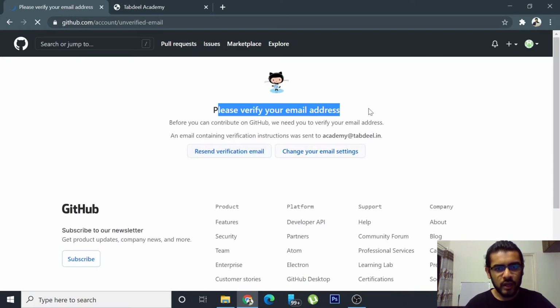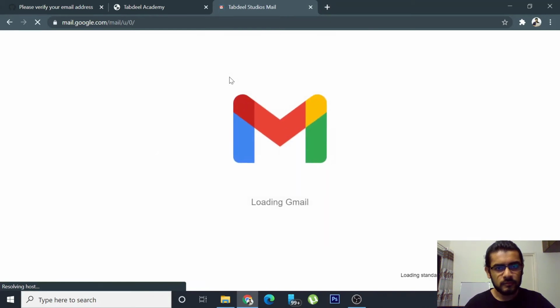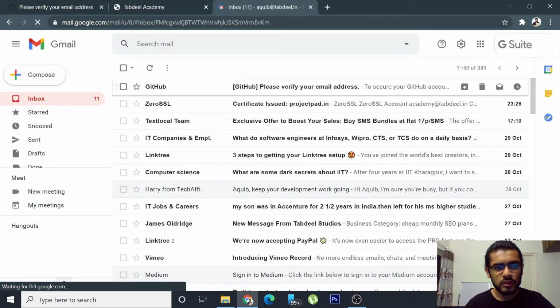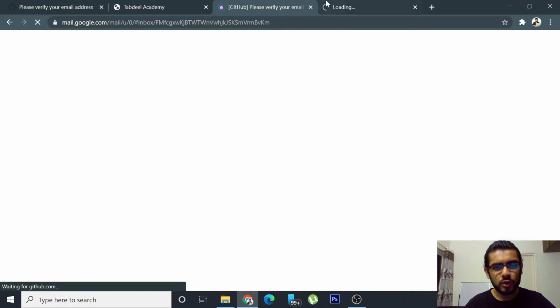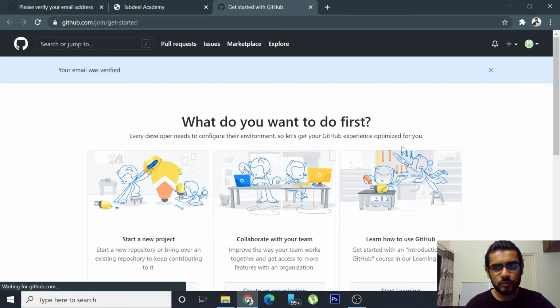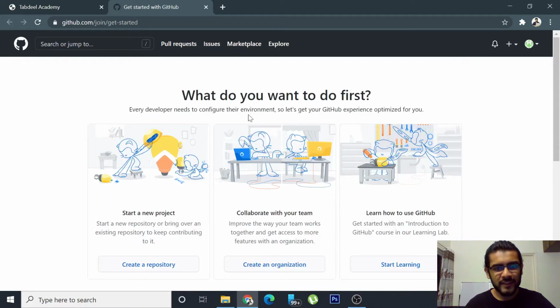Alright, so we have to verify our email address before we do this, so let me quickly go ahead and do that. We will of course get an email from GitHub, and we can just click a button and that should do the verification for us, and it should also log us back into GitHub. So there we are, and we are also logged in now, so we can close the previous tab, and now it again gives us a lot of options. So this is actually new. The last time I signed up, this onboarding wasn't there.